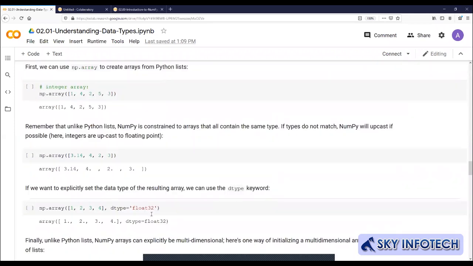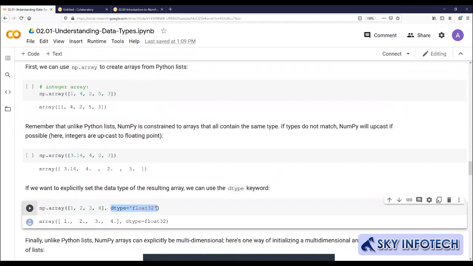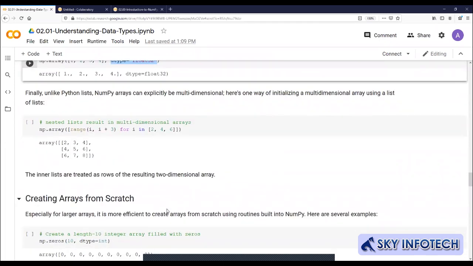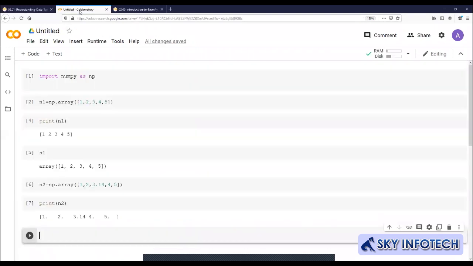If you want to declare it explicitly, then you have to write it in detail. Right? How, we'll see further. Then when you're using a list, right, you cannot declare a multi-dimensional array. Right? Multi-dimensional means, just see.